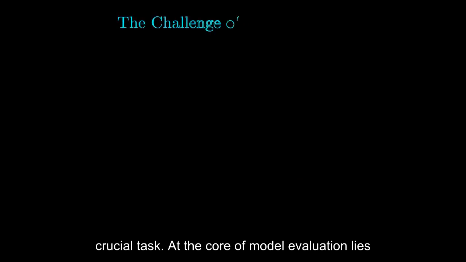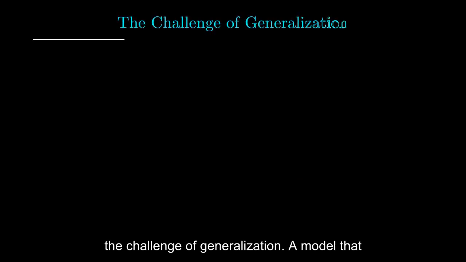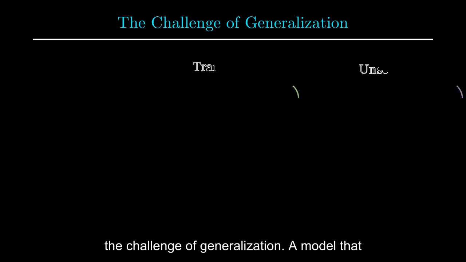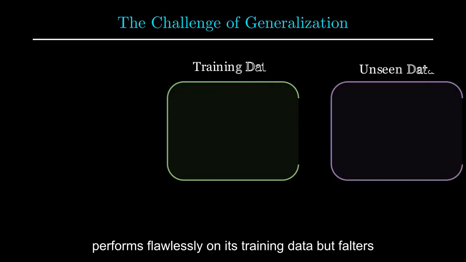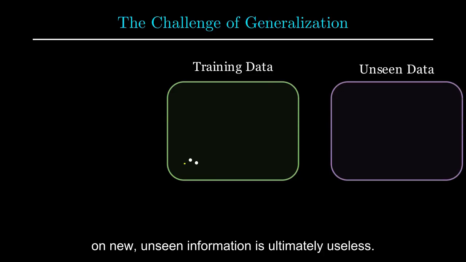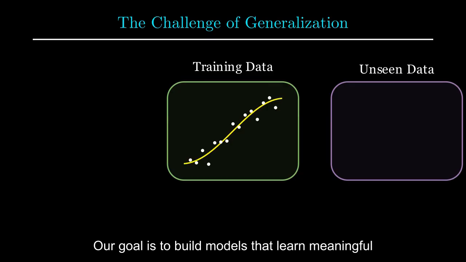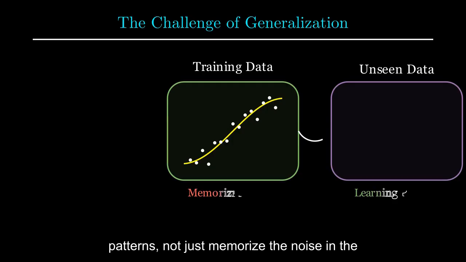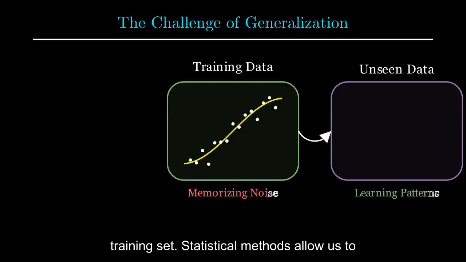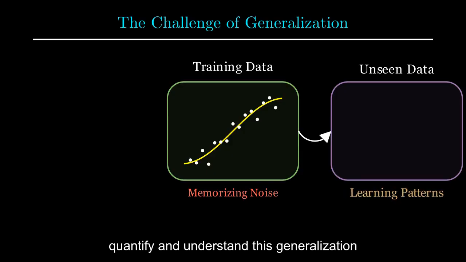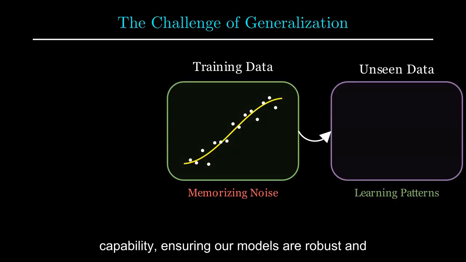At the core of model evaluation lies the challenge of generalization. A model that performs flawlessly on its training data but falters on new, unseen information is ultimately useless. Our goal is to build models that learn meaningful patterns, not just memorize the noise in the training set. Statistical methods allow us to quantify and understand this generalization capability, ensuring our models are robust and reliable in real-world